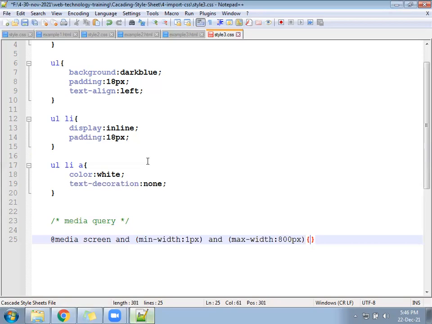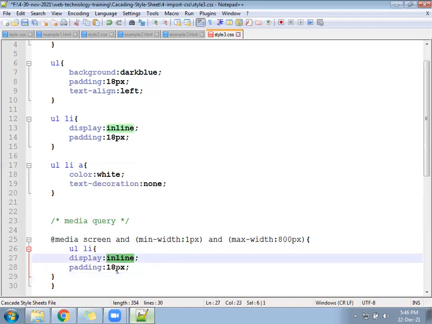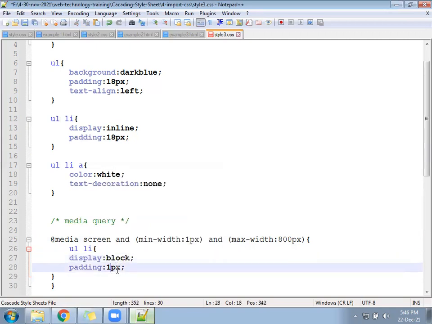Then UL of LI will be display block, and padding will be less, 6-7 pixel.